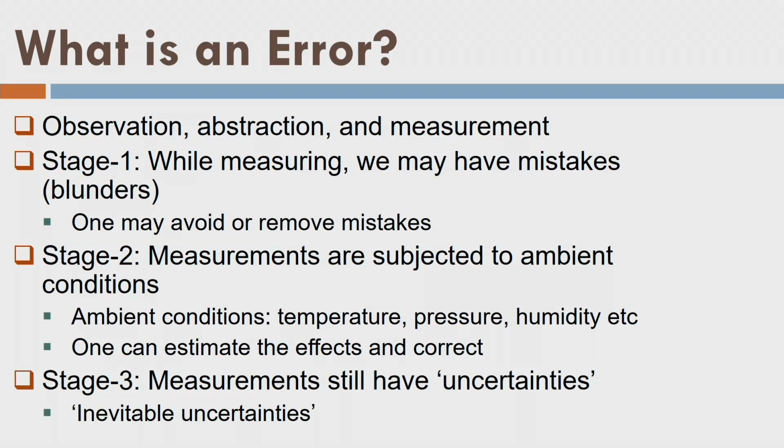Let us go ahead. Now, while measuring, we have stage 1. In this stage 1, it is possible that by mistake I note something else or I speak something else to my colleague and he writes something else, or even I am speaking the correct value, he is writing something else. So, there could be some carelessness from all the possible persons involved in the measurement process, and because of carelessness I am recording some wrong value, and this is what we call the mistake. Understand that mistakes can be avoided with the help of carefulness or attentiveness.